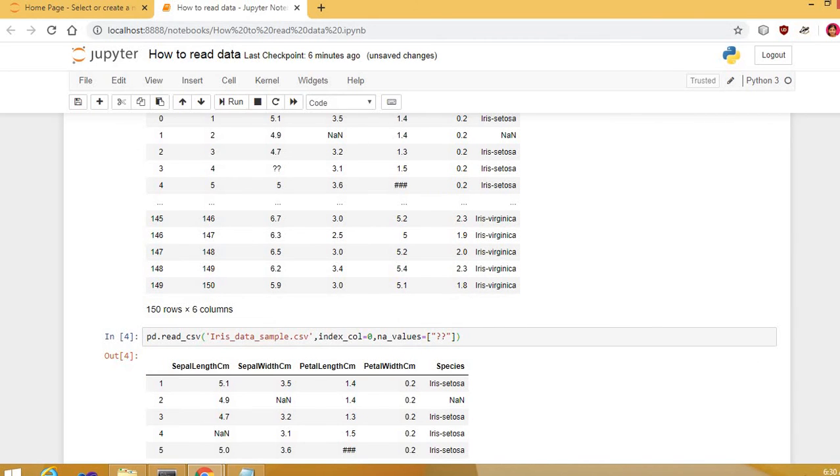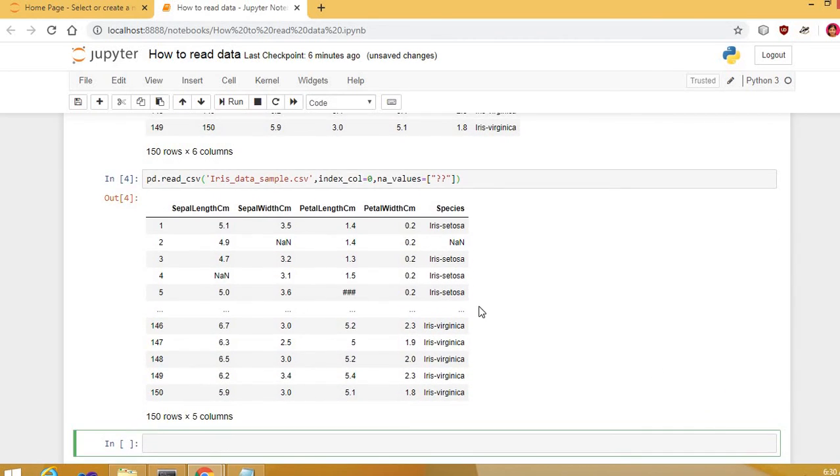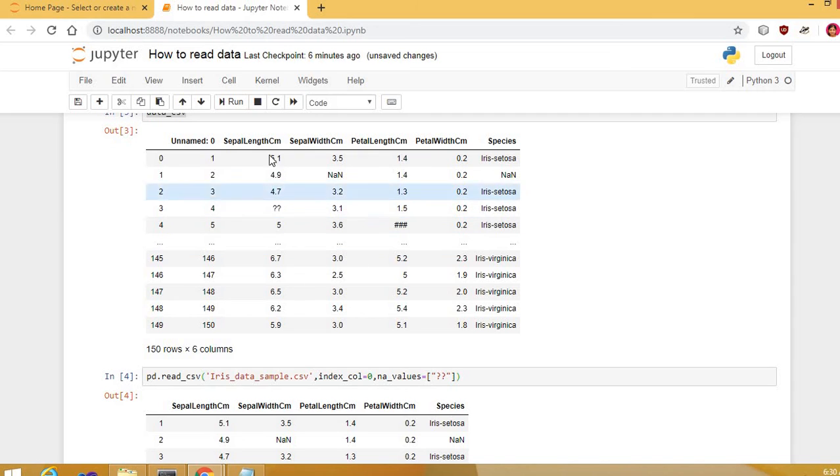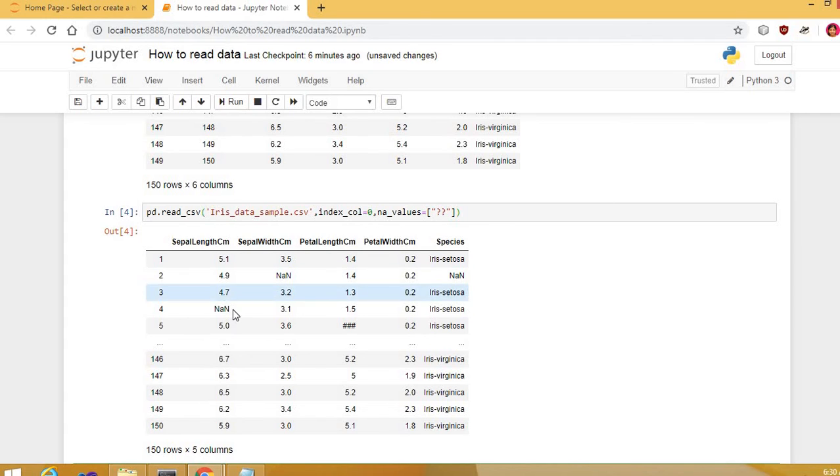Here you can see wherever the question marks were, those have been replaced by NaN. Question marks were there in sepal length in centimeter, sepal width in centimeter, and petal length in centimeter. Sepal length had the question mark, and that is replaced by NaN.